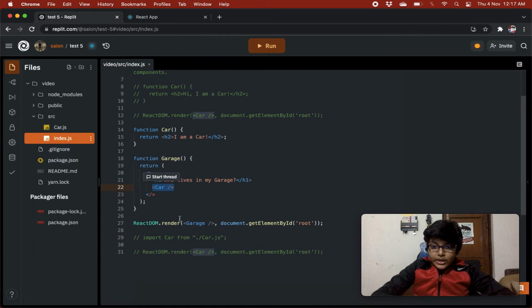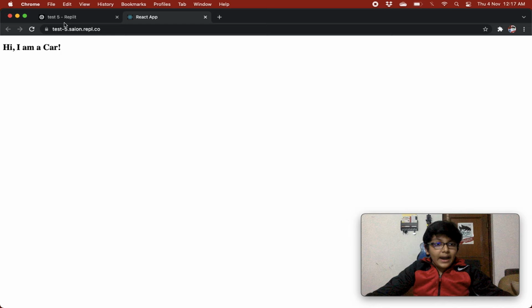This is how we can use a component inside another component, like a normal HTML tag, like you do in the render method. And then we can just render our garage component like a normal HTML element in our root element. So this will show us who lives in my garage, and then in heading 2 I am a car,